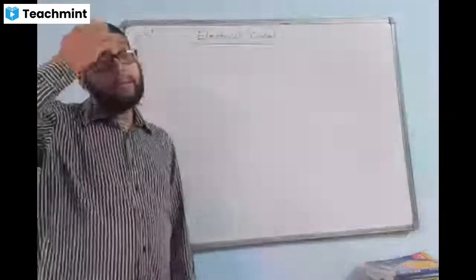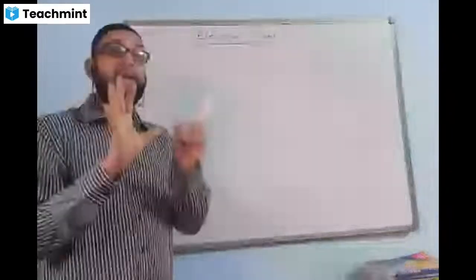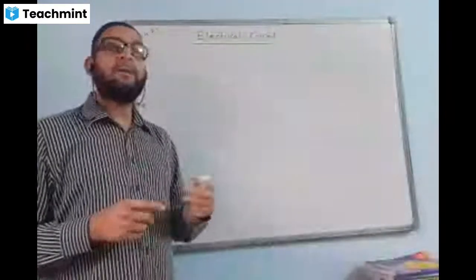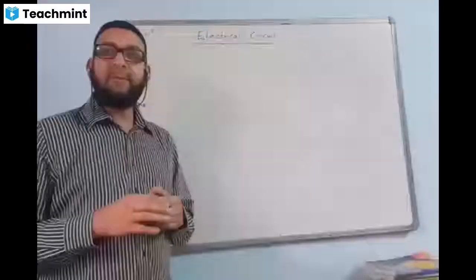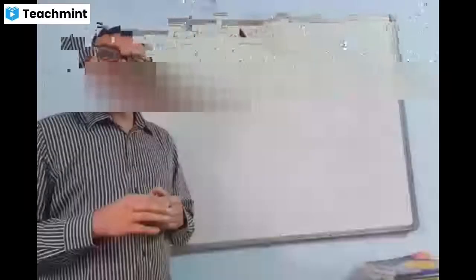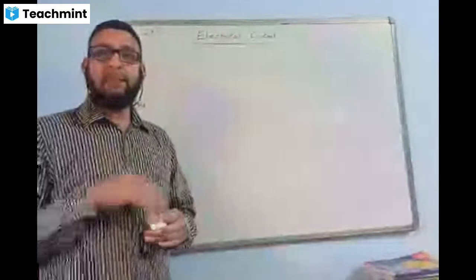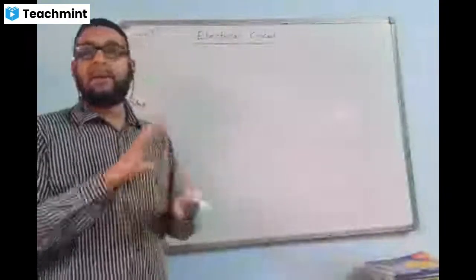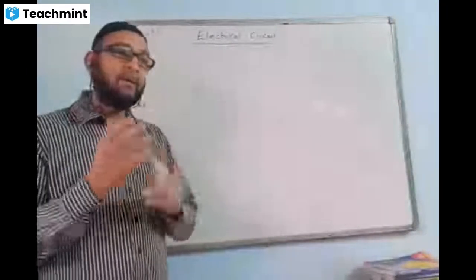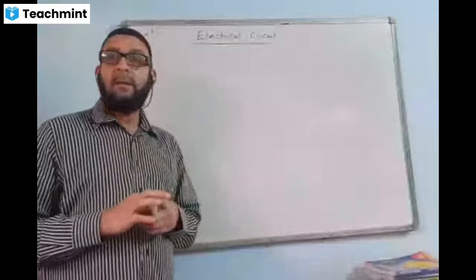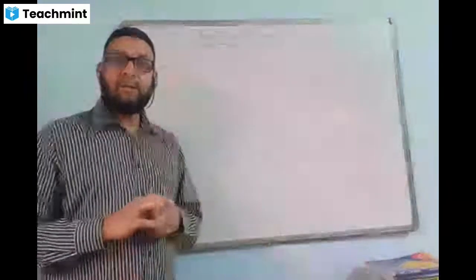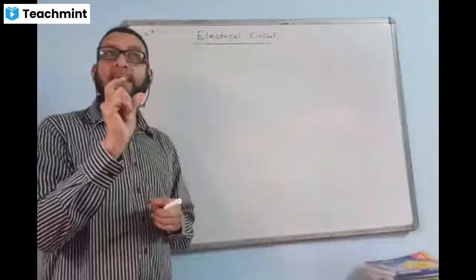If you go through the question, we are given 48 cells, and the question says how we have to connect them. There are 48 cells given, and we are supposed to connect them in series and parallel combinations. How can we connect them so that the current is strongest in the circuit? That means the question is talking about the maximum current in the circuit.